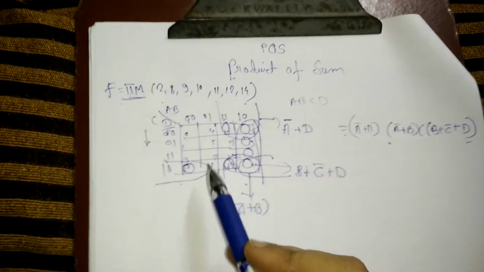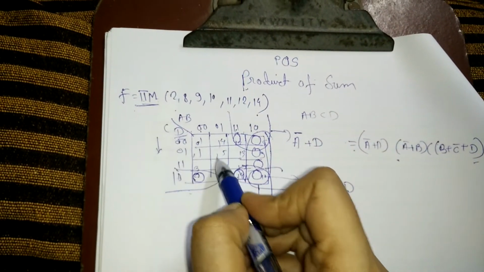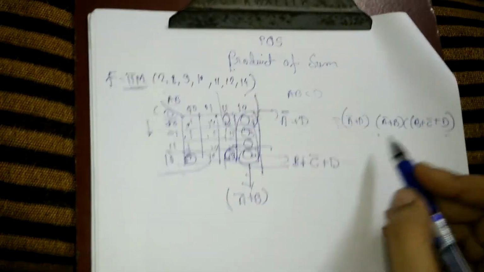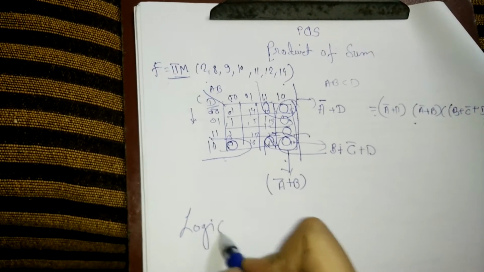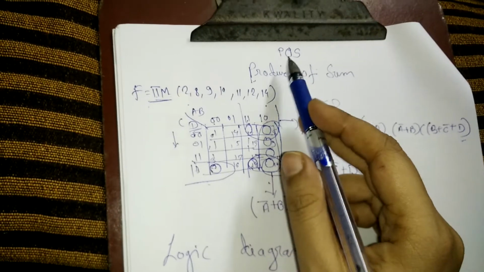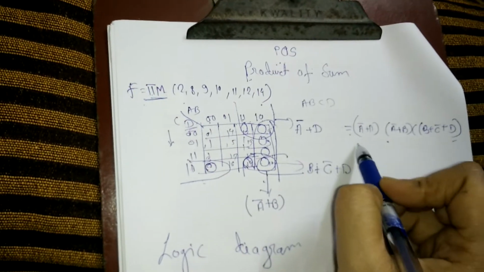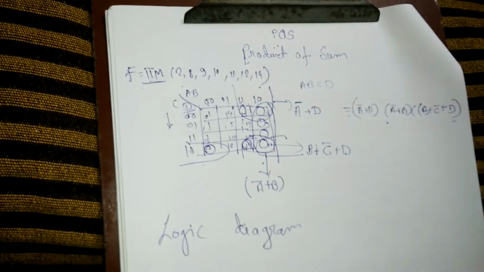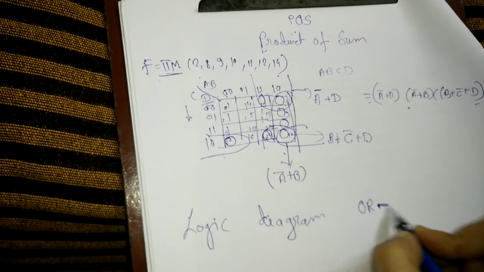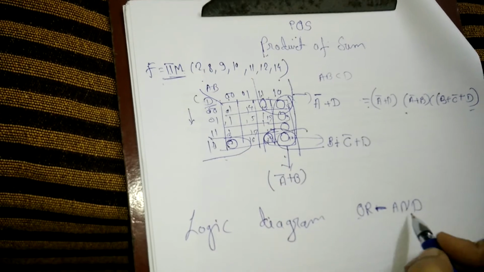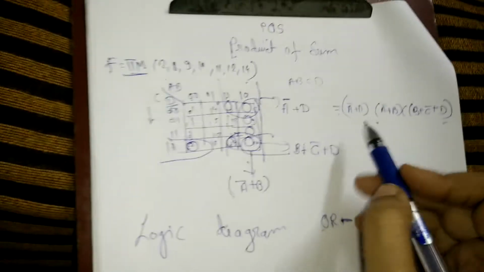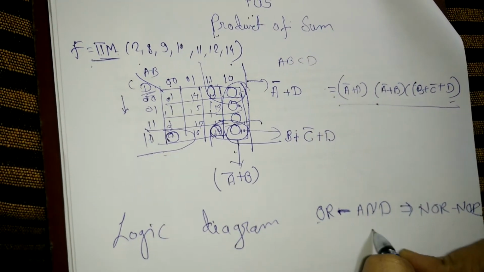Similarly, we can find out the min terms by representing the remaining ones by 1, and that gives the sum of product form. Now the next thing that we have to see is the logic gate implementation, or a logic diagram, for this given equation. Whenever the equation is in product of sum form, we can represent it by using OR AND logic. Every equation that is in OR AND logic can be converted to NOR logic. Now let us see how to implement it by using OR AND gates.